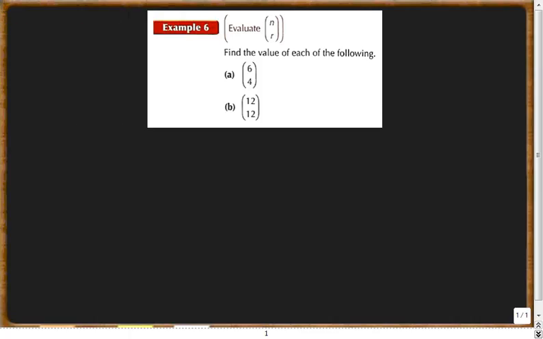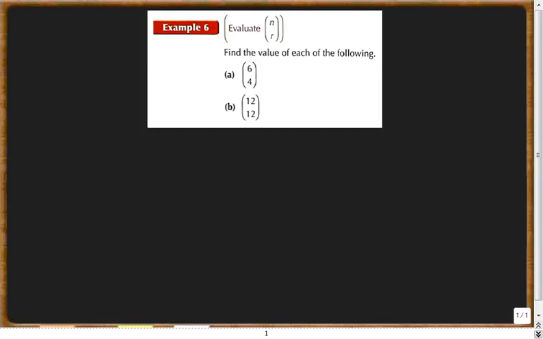Example 6 asks us to evaluate and find the value of each of the following. These terms are written in what we call nCr terms, or "n choose r" terms. So there's a formula for this, and it involves factorials. You can also choose to use this on your calculator, but we're going to show you how to do it